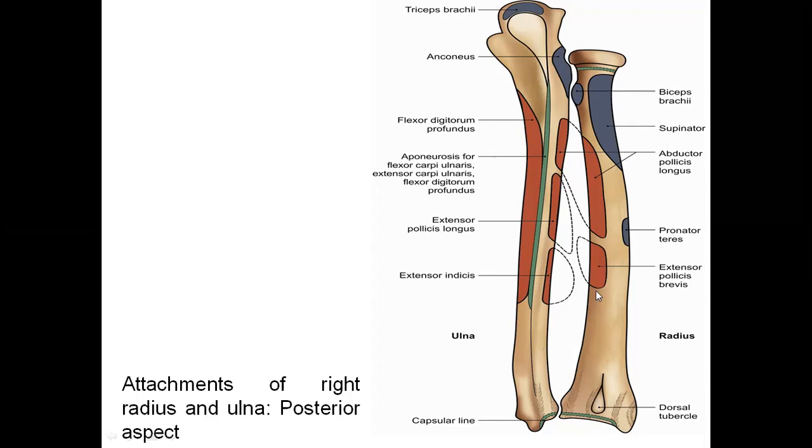Interosseous membrane. And whatever green lines we find at the upper end and lower end, those are the attachments for the joints which are in the vicinity. Towards the lower end we have the wrist joint and towards the upper end we have the elbow joint and also the superior radio-ulnar joint. Right? Okay. This projection is of course the styloid process. So these are the bony landmarks and muscle attachments.